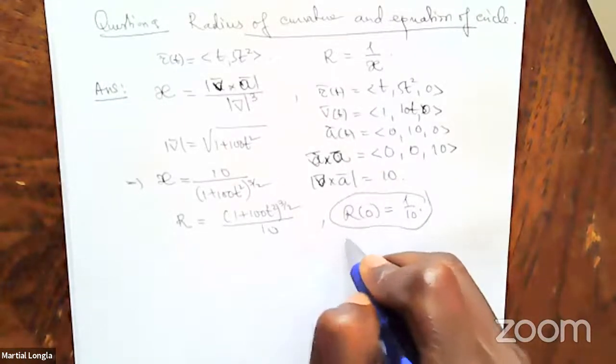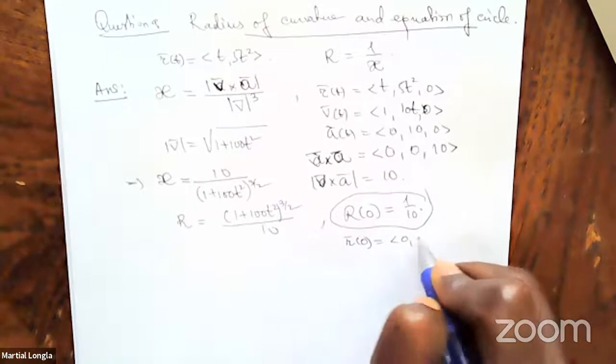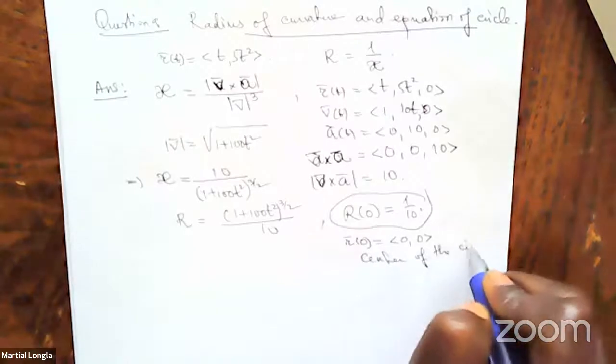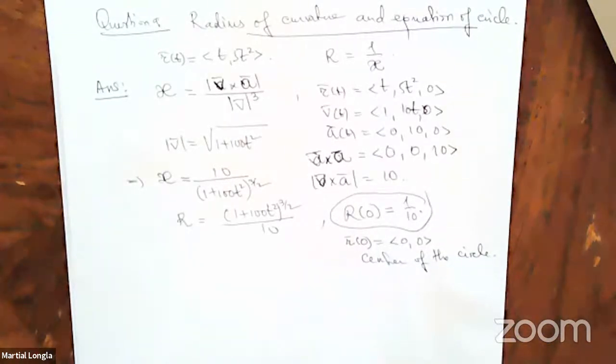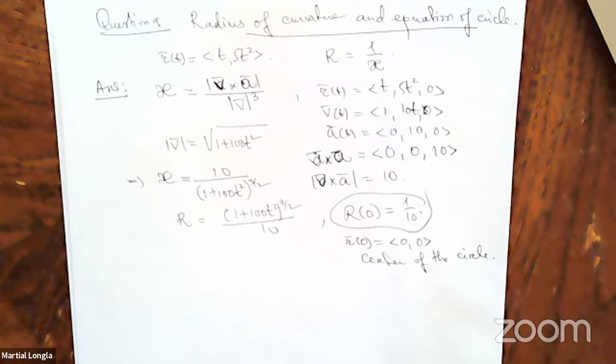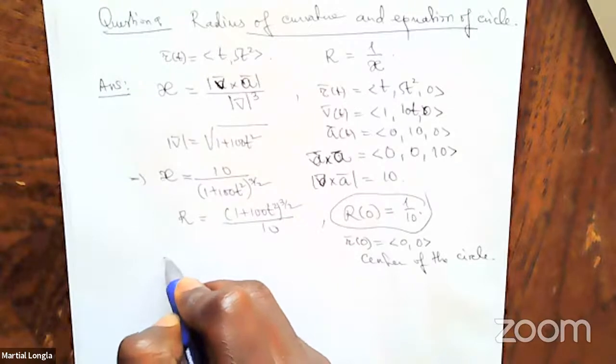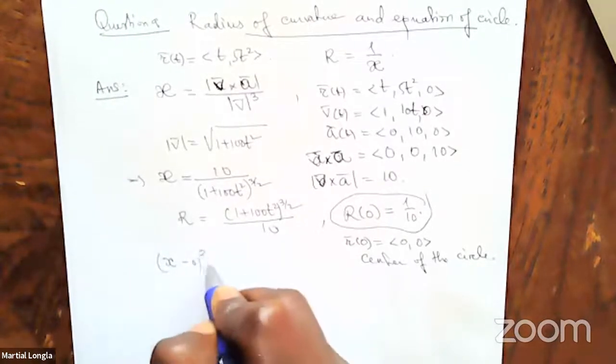And r of 0 is 0, 0. So that's the center of the circle. So you have x minus 0 squared